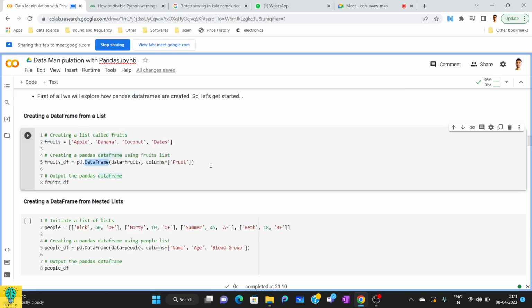So this is going to be the name of my data frame. In this, as an argument, we are going to pass the data. What will be the data that I'm converting into a data frame is fruits, and fruits basically refers to these values, which will be apple, banana, coconut and dates. These are 4 rows. Okay, and if we do not give anything here, let's skip this as of now, and if I run this,